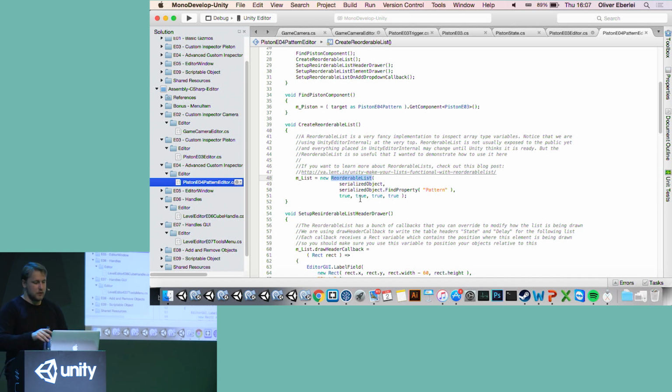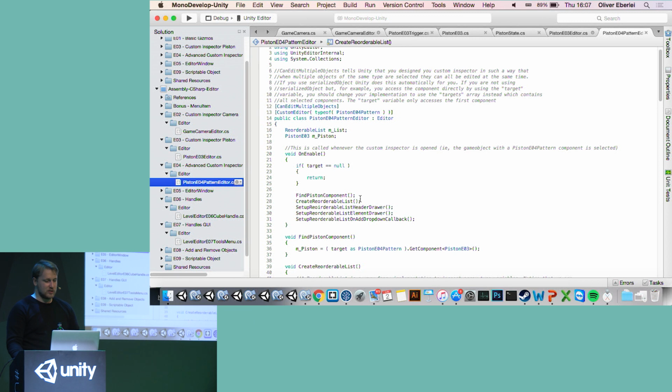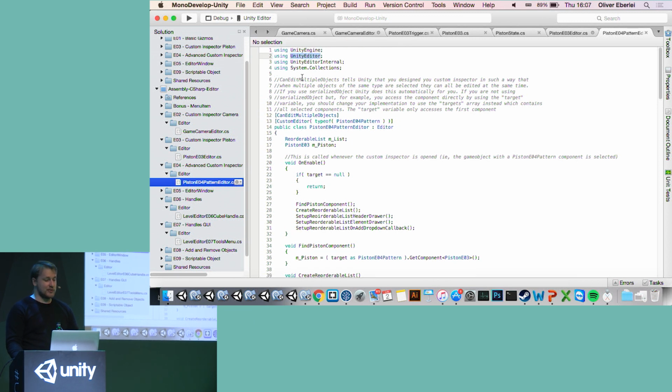And the reorderable list is actually something that Unity does not want you to use yet. So it's not positioned in the Unity editor assembly, but it's positioned in Unity editor internal. And Unity editor internal is actually something, whenever a new version of Unity comes out, I look at and see what cool new stuff is in there.